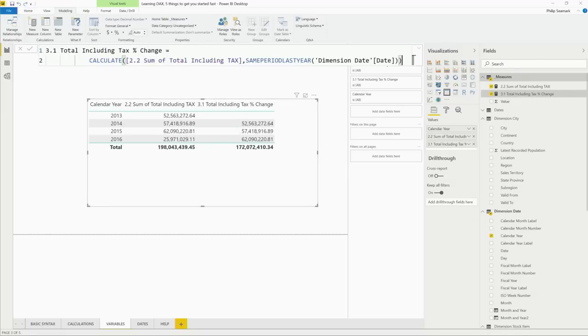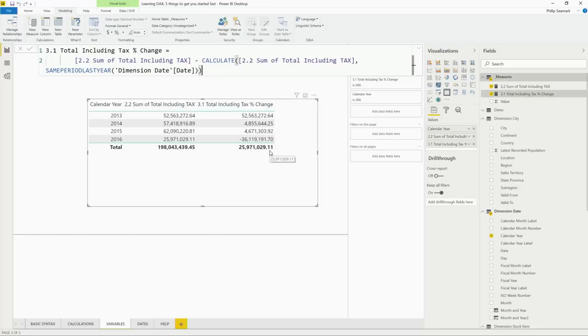Where's my mouse? This is going to slowly get longer and longer. So I'll edit this measure, and I'm just going to paste in my slightly longer code, which is a subtraction. So now what we can see in this rightmost column is the delta.